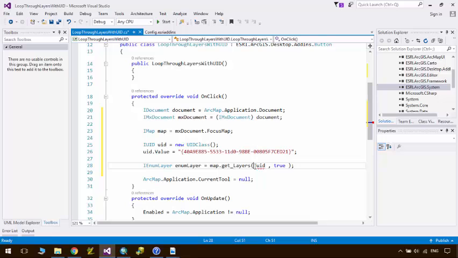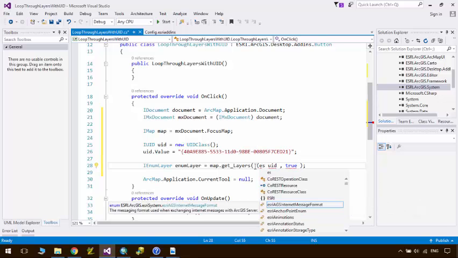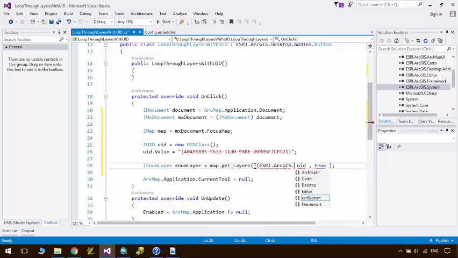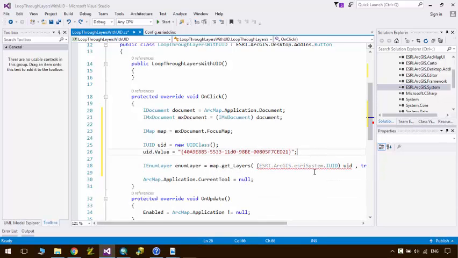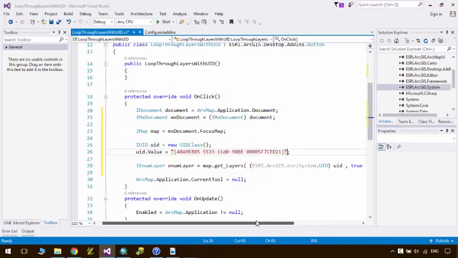You need a cast. Esri.ArcGIS.Esri system.IUID. Okay, where is my mistake? Oh, here it is, Esri system.UID. Okay,